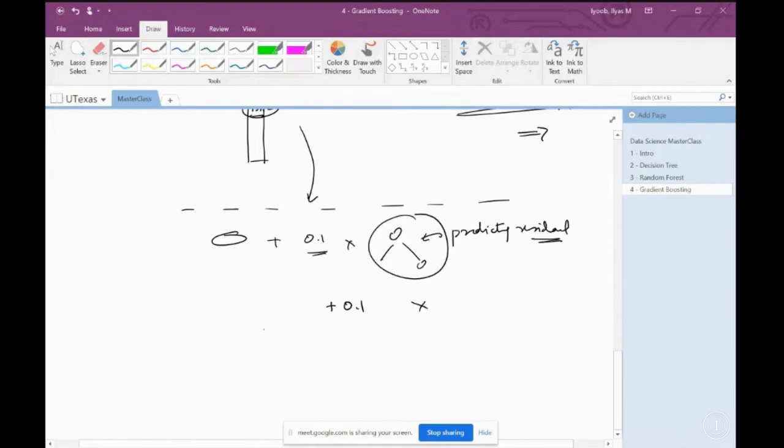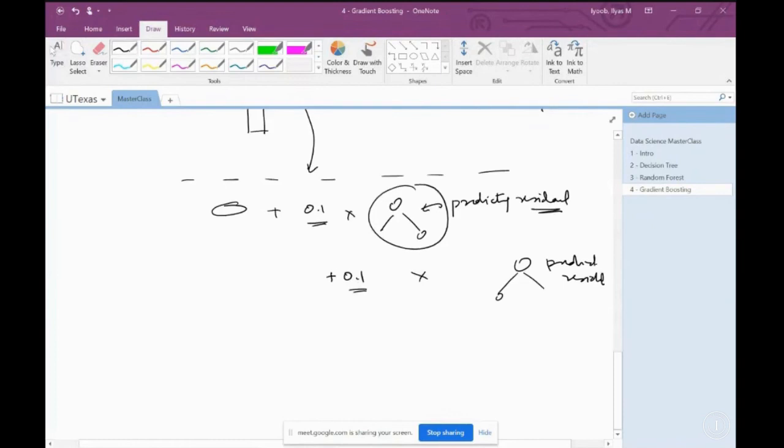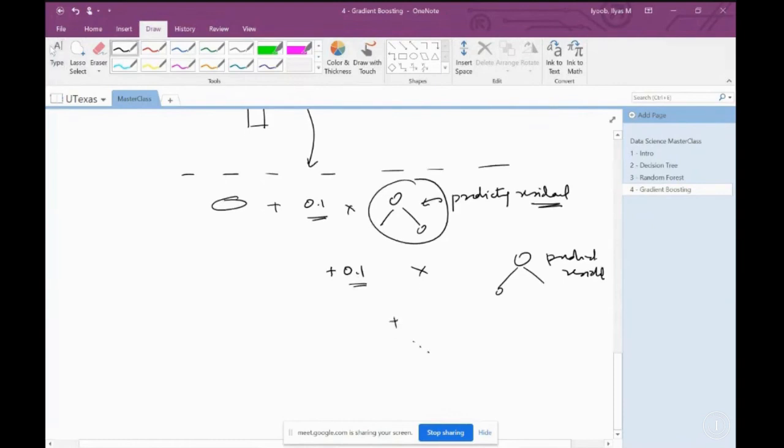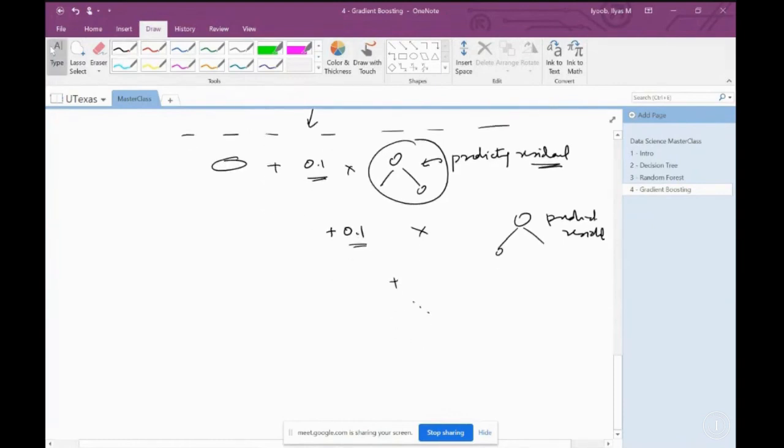Now we got our new residuals, and then we built another prediction model to predict the residuals, and we take a small portion of that, and then we just keep going on and on and on until either the residuals are very small, or adding another decision tree doesn't help anymore. Okay,